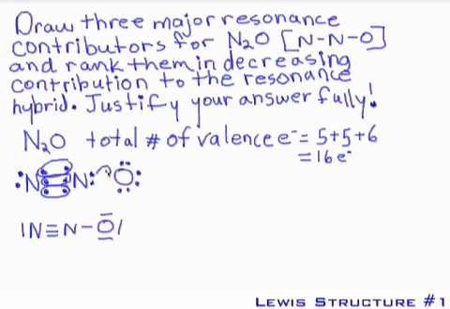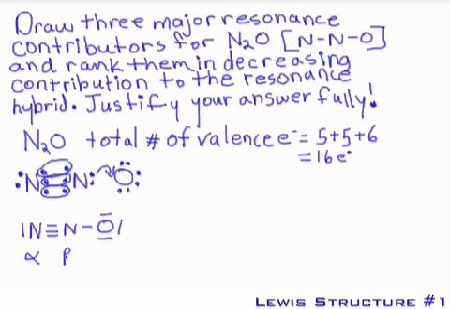So we dump in the coordinate bond. That makes a single bond here, triple bond between the nitrogens. Check to make sure you've done it correctly. You should have total number of valence electrons of 16. Let's count them. 2, 4, 6, 8, 10, 12, 14, 16. Everything checks out okay. Now I'm going to label my two nitrogens, the N nitrogen, nitrogen alpha,